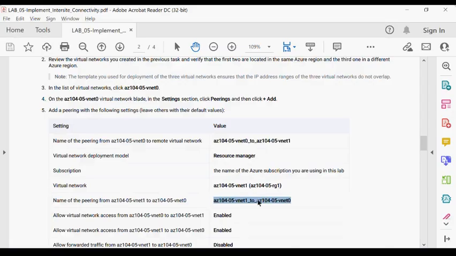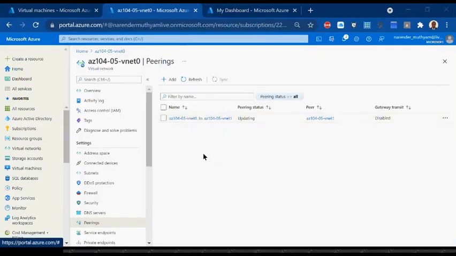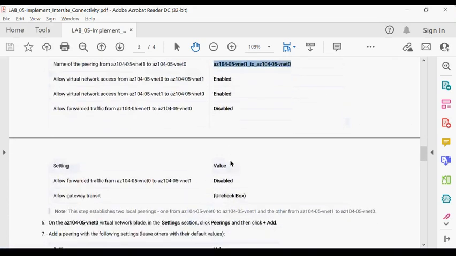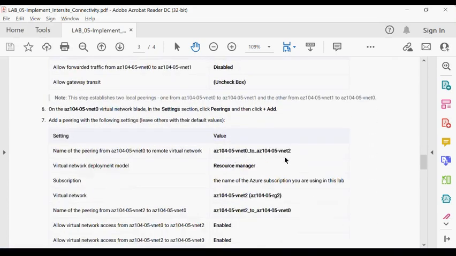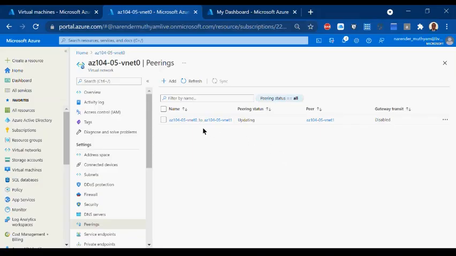Means we have done bidirectional peering here. I have told VNet 0 to connect to VNet 1 and VNet 1 to connect to VNet 0. So that means bidirectional. So then what happens? Go down here. After going down again, it says connect same VNet 0 to VNet 2, but VNet 2 we have seen that it is not discovered yet. So we have to wait for it.